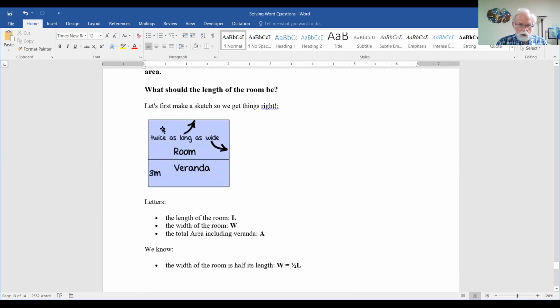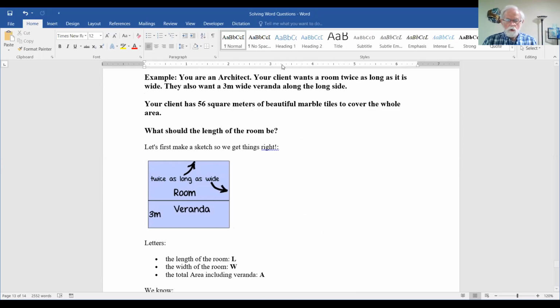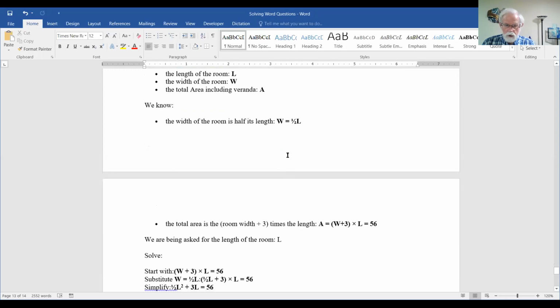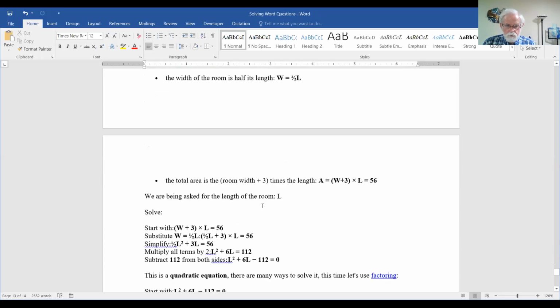Interestingly enough, the length of the room is L. The total area is A. We know that the width of the room is half the length, so W is 1/2 L. Then we have this 3 meters that we have to factor in. We're being asked for the length of the room. Now,